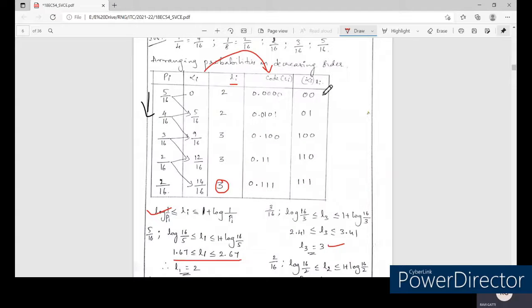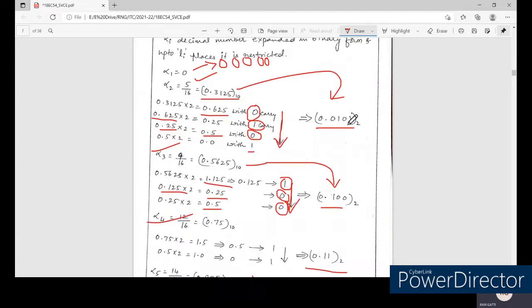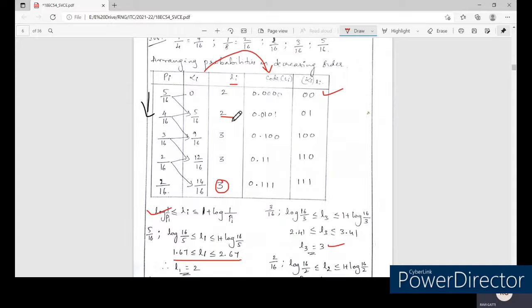And the code words we will be having are: for the first code word, it is 00. For the second one, L2, what you have calculated is 0.01, since you have only two digits, two digits have to be used, so that is nothing but 01. Next, you need to use the first three digits, so that is 100. Next, you need to use the next three digits. You got it as 0.11 and here a 0 is there, so you have used 110. The last one you have is 0.111. Since you need to represent that in terms of a 3-bit value, you will be getting 111.